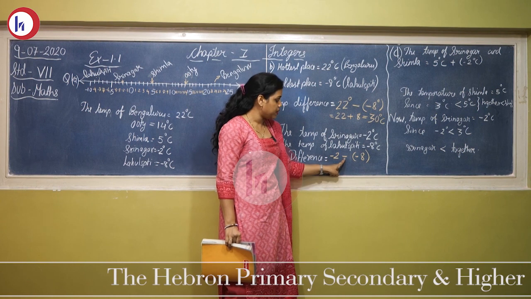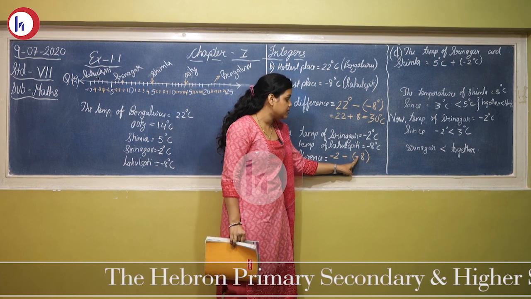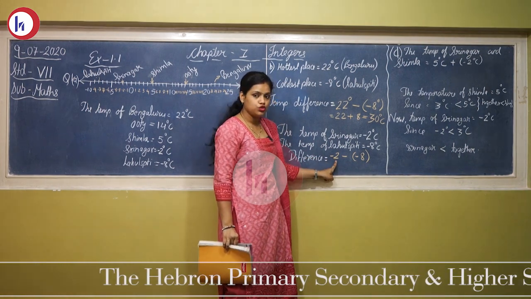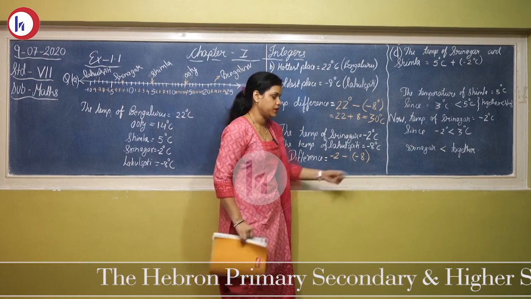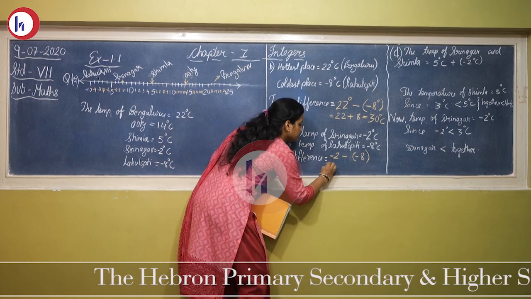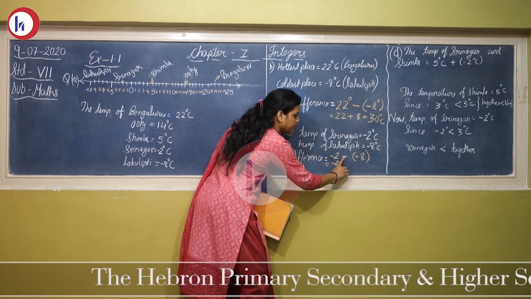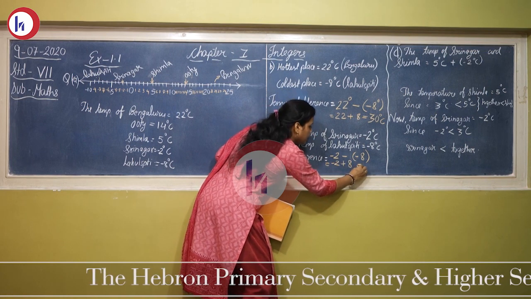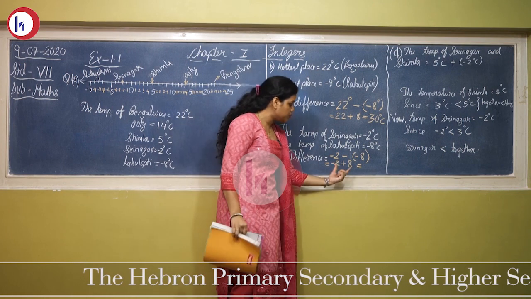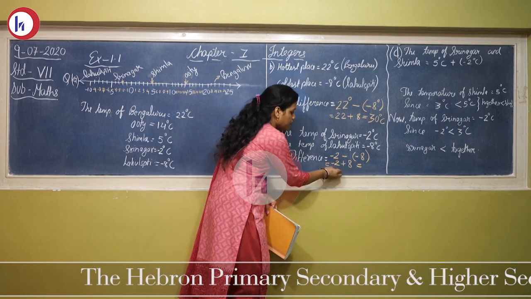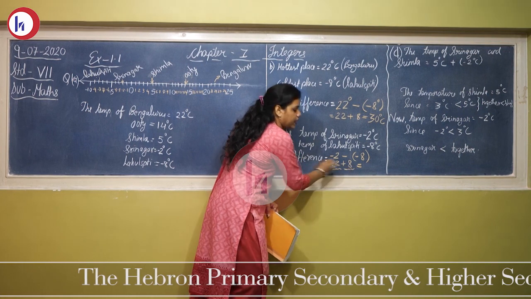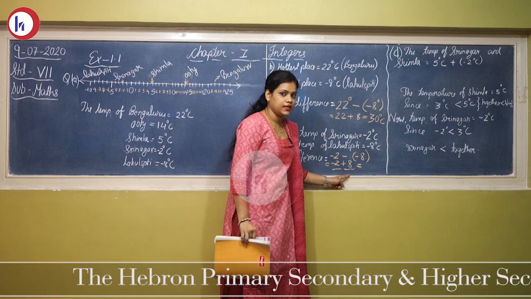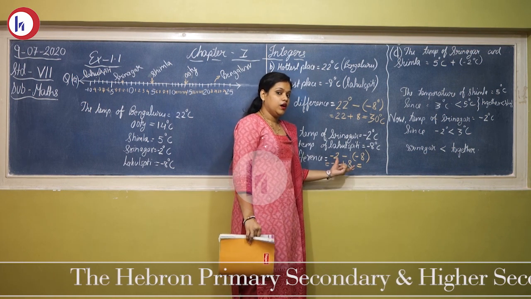You are showing the difference by this minus, not by this. This is the sign of 8. This minus belongs to 8. This minus belongs to 2. And this is the difference we are showing. Now again we will open the bracket first. So here minus into minus again will become plus 8. Now you can see you got two integers with opposite sign, that is minus 2 and plus 8. Now I have explained in your first video, minus 2 and plus 8, two opposite integers.